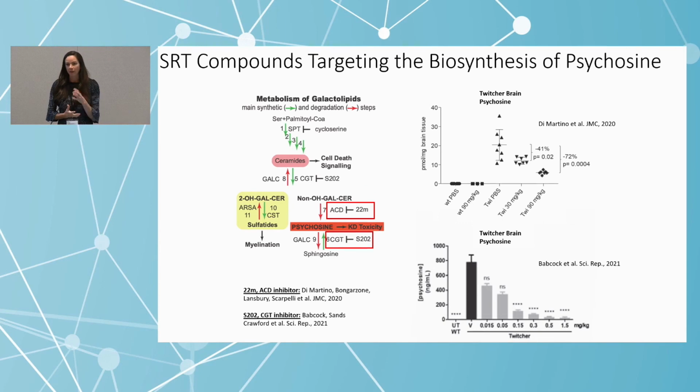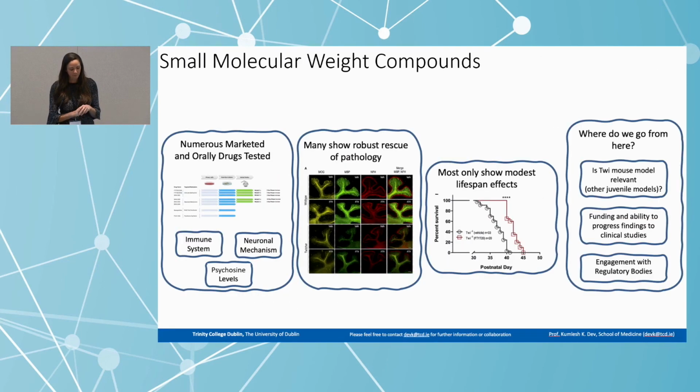So could SRT be a therapy that's available for symptomatic patients, or also in combination with gene therapy or hematopoietic stem cell transplantation if psychosine levels are seen to rise in those patients? And then lastly, Kumlesh Dev at Duke was interested in showing that they're small molecular weight compounds. So we can take these already FDA-approved compounds, screen them, and he is showing that there's a robust rescue of pathology, but really only a modest lifespan in the mouse model. So how can we combine these therapies with other approved therapies or in